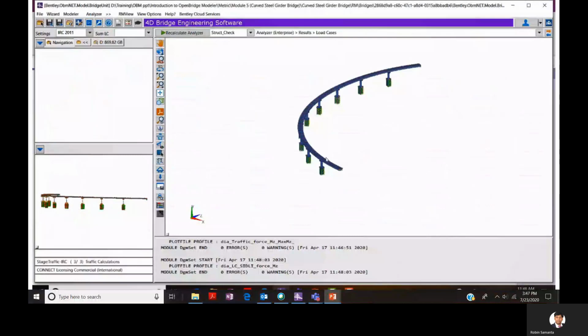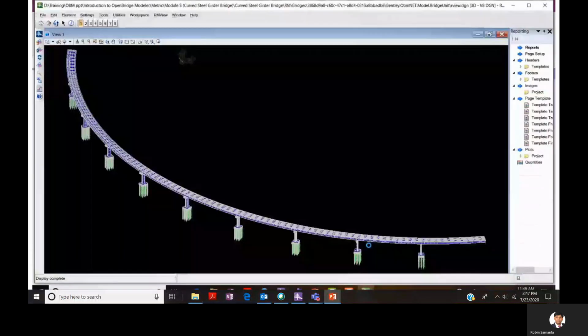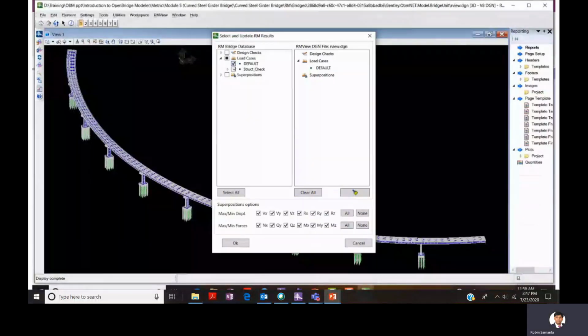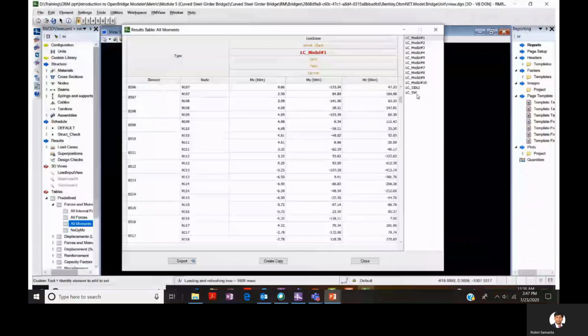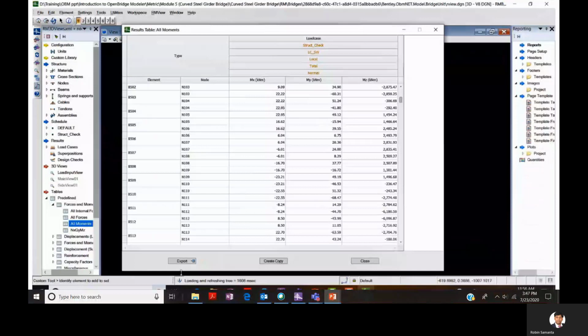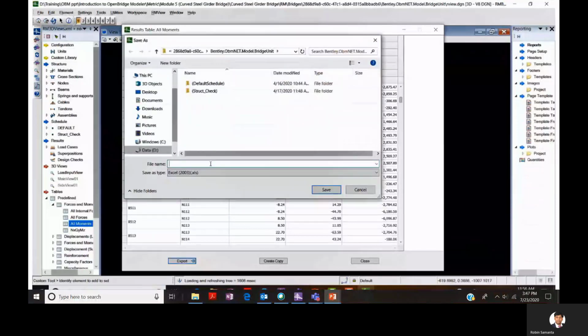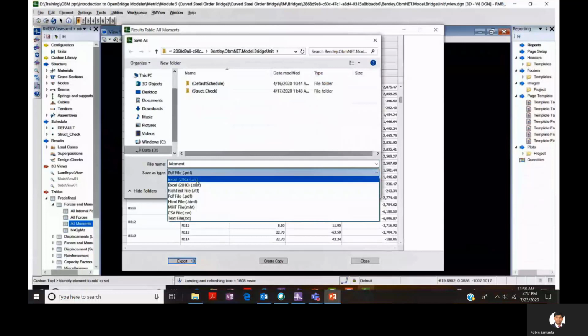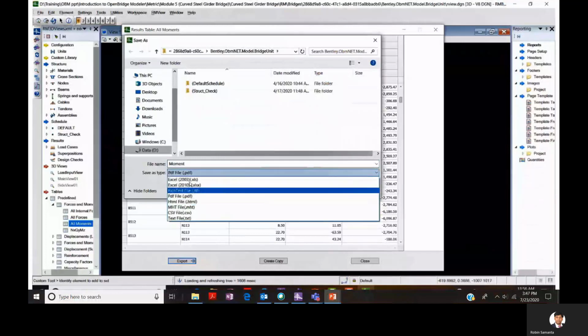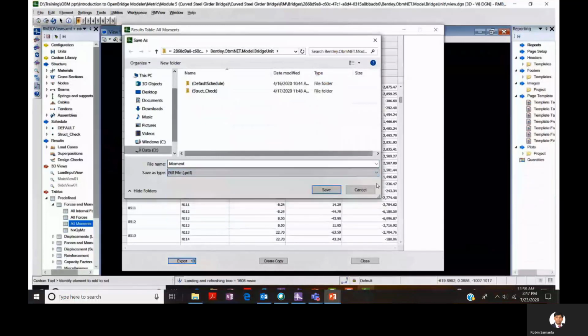Now here is one thing to generate your report. This is your RM view. You can send to this RM view as well. All the results would be transferred to RM view, and here you can create these tables in Excel or in a Word file as well. You can see we are transferring it to Excel. You can choose the desired element numbers and the desired load type. You can send to Excel, or you can create a report directly from here.